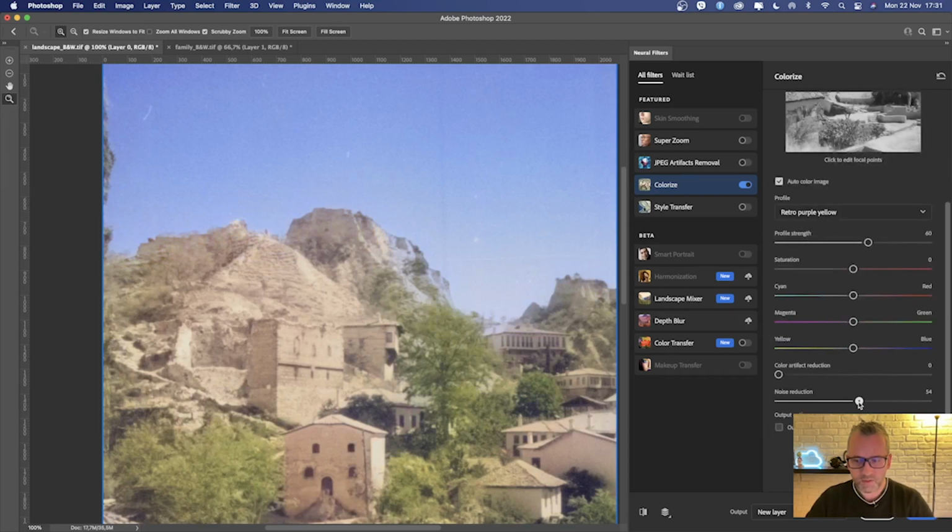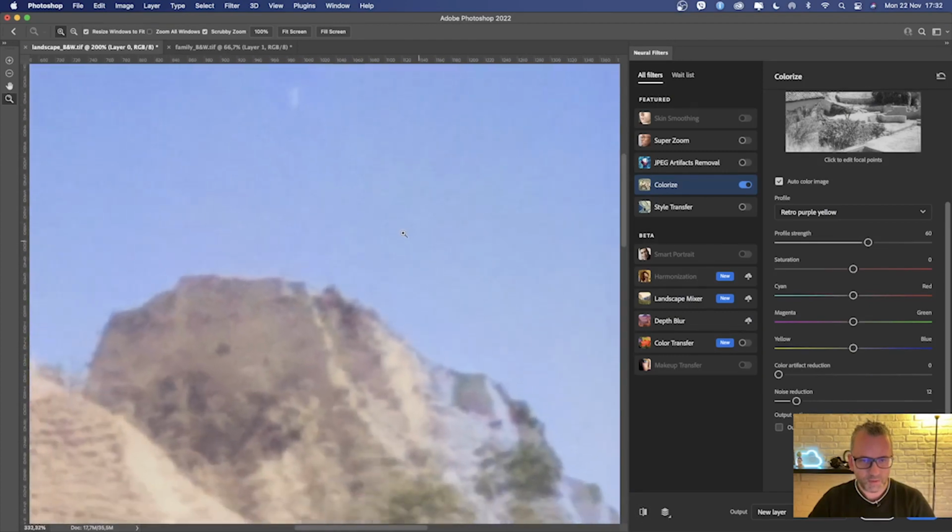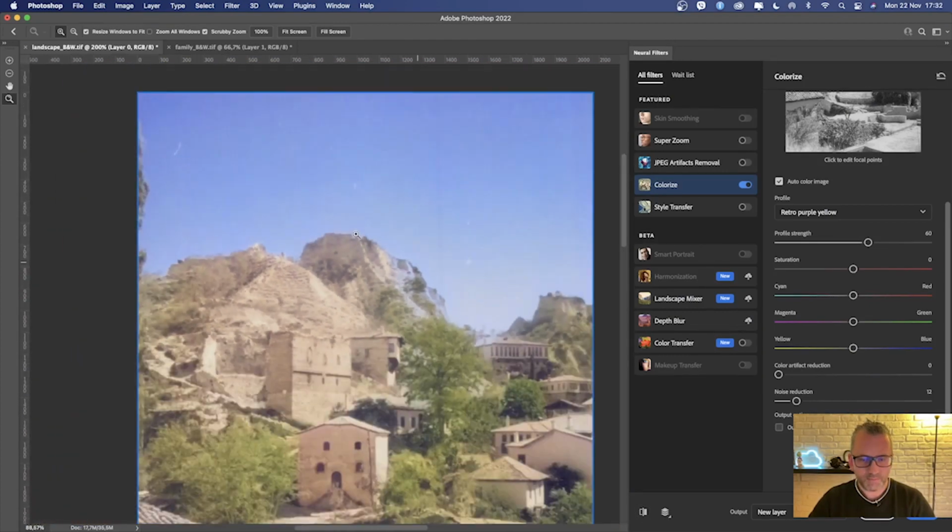I want to see what the noise reduction will do here. Actually, it removes the grain from the film and probably some value like this would be better. I can see the original, so I don't lose much from the texture of the paper.